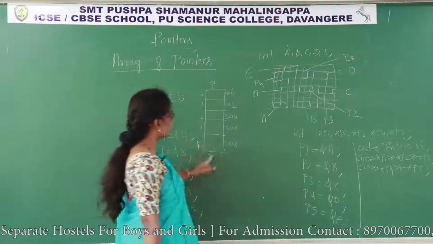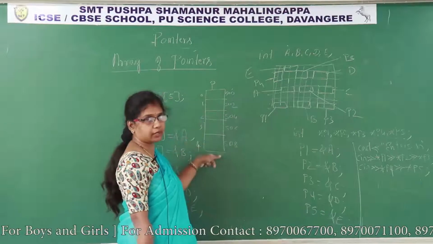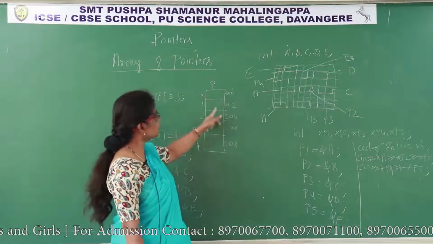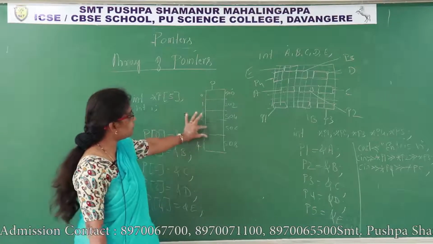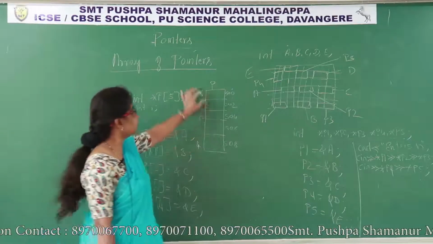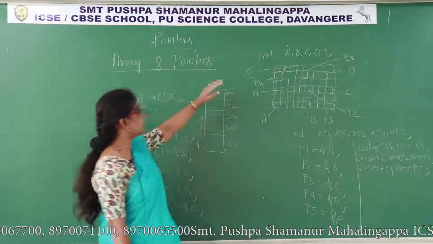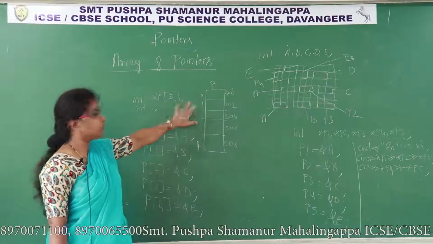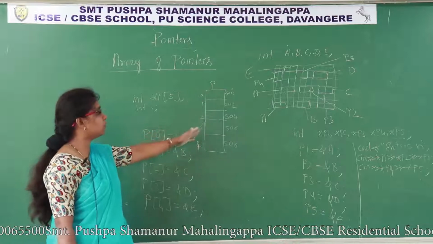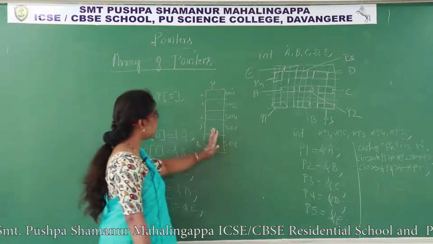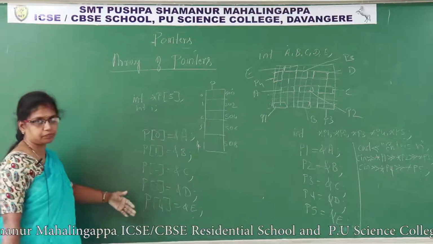So this is the array. Which type of array? Integer array, that is, a pointer array, an integer pointer array. So each memory location is a pointer. This is one pointer, this is a pointer. Every memory location is a pointer, so it can store the address of another memory location. So I store the address of A into P of 0, address of B into P of 1, address of C into P of 2, address of D into P of 3, address of E into P of 4. In that manner I have written the program.